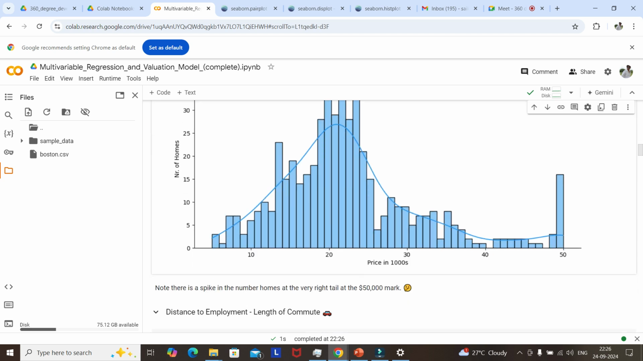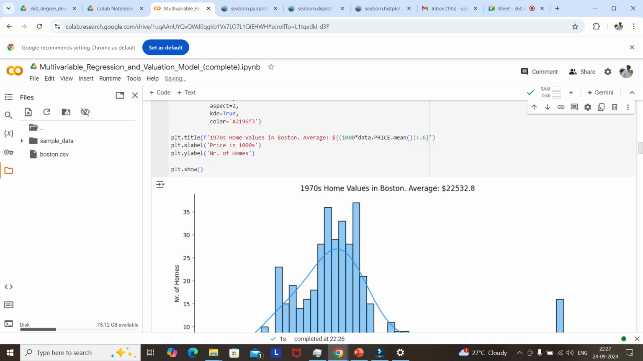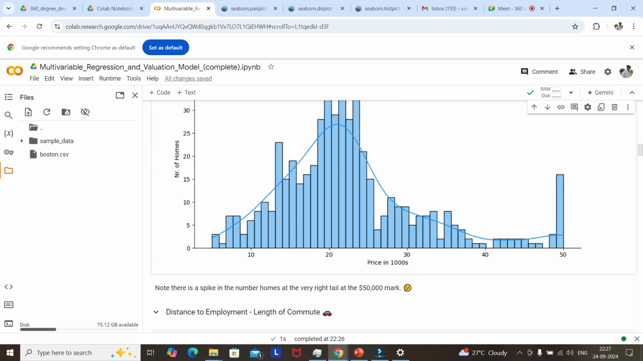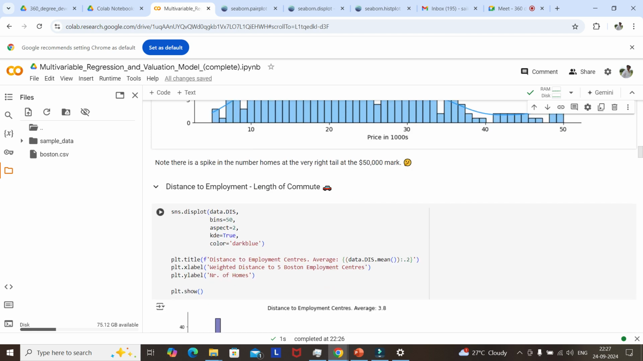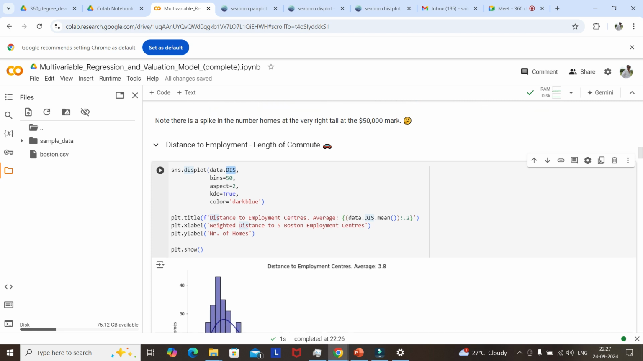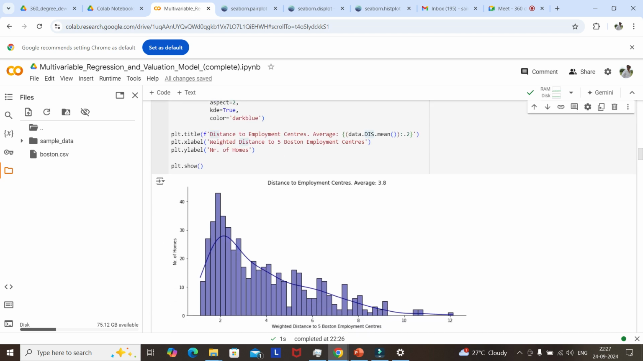Yeah, so it is changing accordingly. So in this section, how many different plots it is doing, and what is the estimation. Yeah, even if you see here, there is a very high spike in number of homes at the 5000 mark. So the same thing if you do for DIS, distance to employment, and if you use the same aspect ratio,